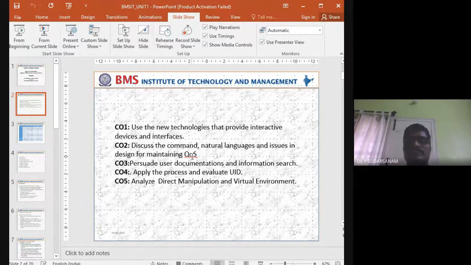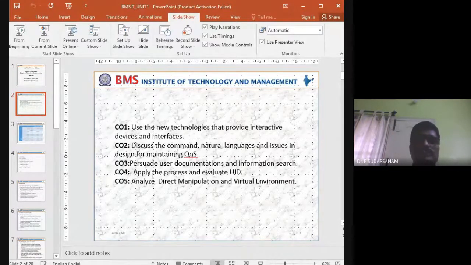So that is the third point. Are you able to understand why I'm saying the course outcomes? This is what we'll be learning in the entire subject. So at the end of the semester or the end of the subject, once you complete it, we should know all these things. So next one is, this is the third one. In the third one only, major things will be there in our subject.